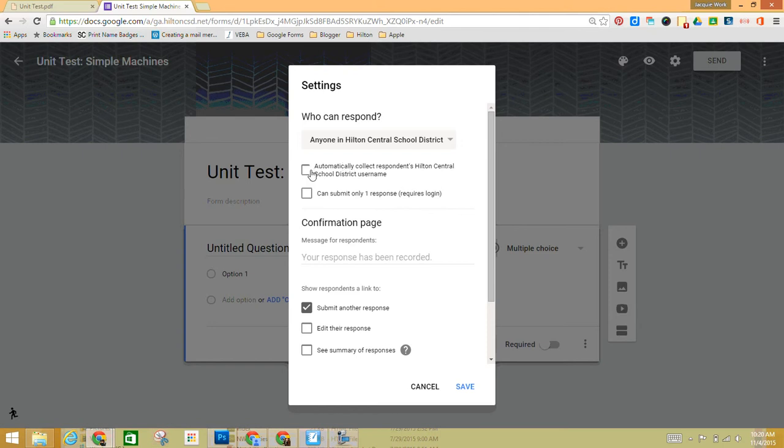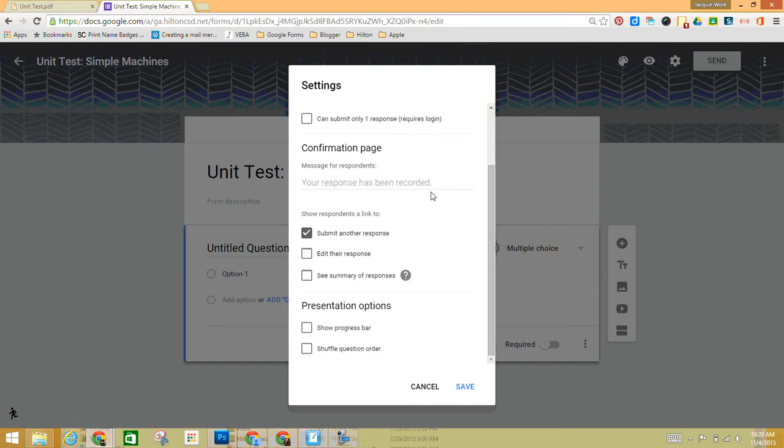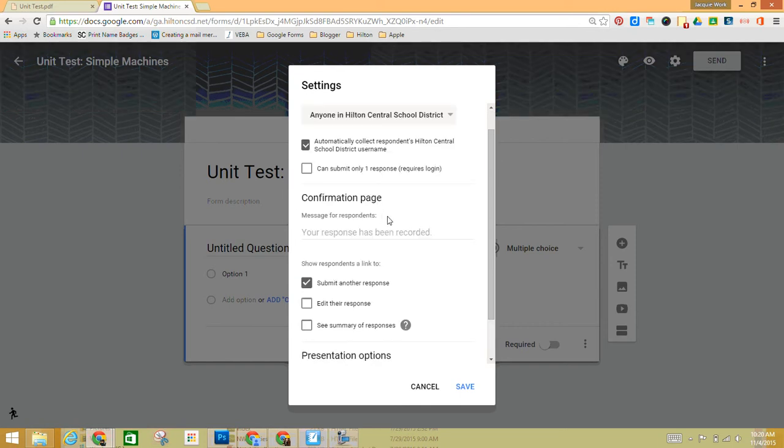I like to check this, automatically collect the Hilton username. This will give you your student's username so that you can email back their grades once you've graded their form. It's pretty awesome. The confirmation page is the default message that is received when they submit a form. So you could say unit test completed,